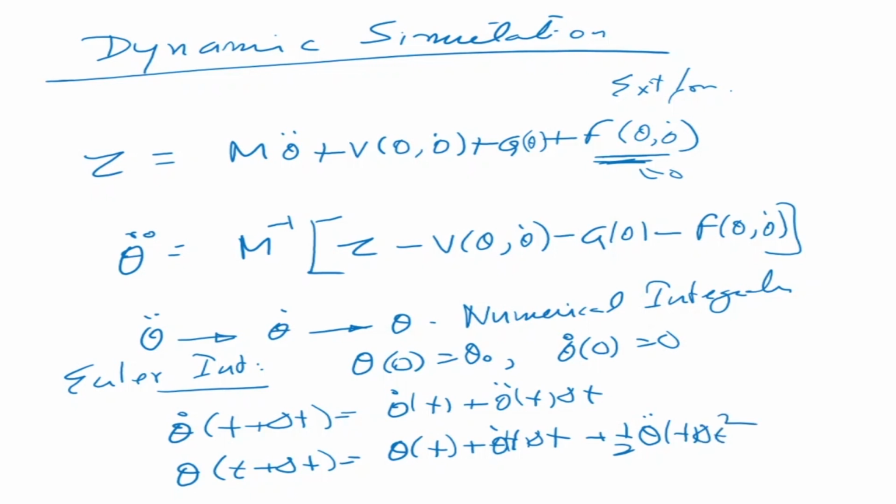So by numerically integrating, we can find position, velocity, and acceleration. From the acceleration we can integrate it twice and get the velocity, and then we can get the position. So this is numerical integration. There are other techniques of doing numerical integration also. Now we can see that the dynamic equation involves a lot of computation,